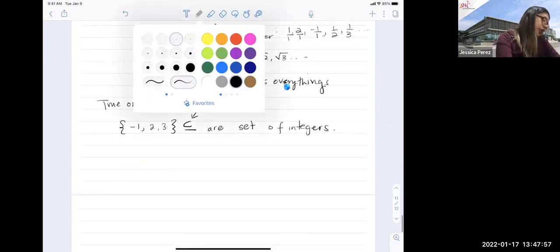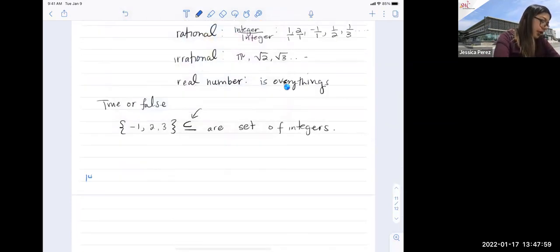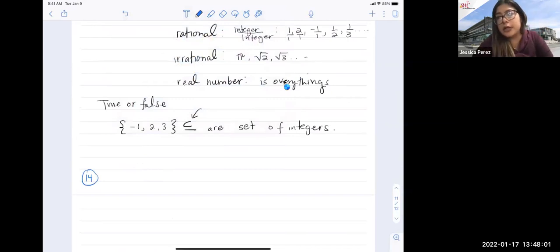Let's do question 14. Again, I'm skipping and I'm doing some of the questions. I'm not going to do all of them, but definitely this is a practice where you guys can see what type of flavor of questions you should be expecting on your midterm. And of course, you are going to be allowed to use your notes. Okay. So use the sets to find